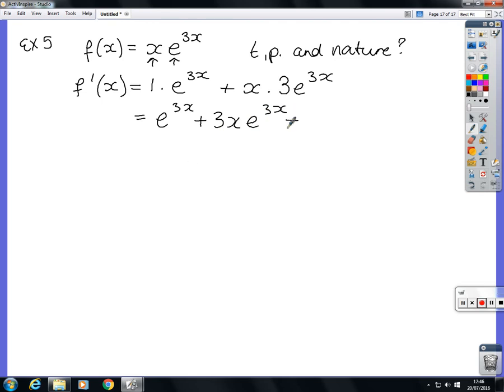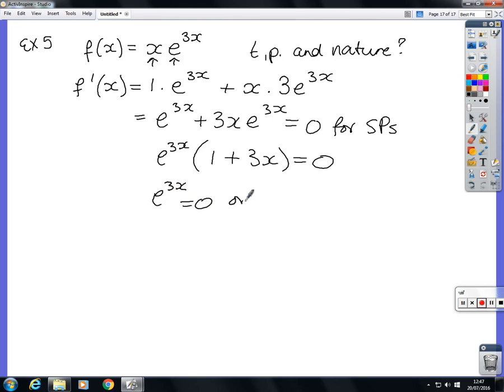We can set this equal to 0 for stationary points and take the common factor of e to the 3x out. 1 plus 3x equals 0. So this means that e to the 3x equals 0, or 1 plus 3x equals 0 for stationary points. e to the 3x equals 0 does not have any solutions,